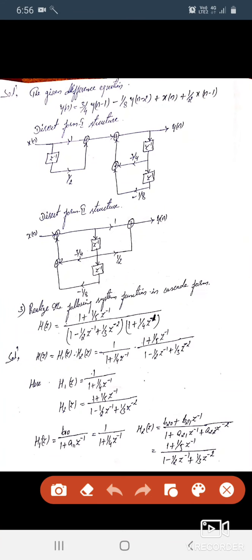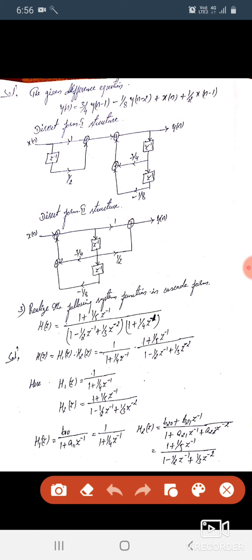Okay, in the previous class we solved a problem based on direct form 1 and 2 for IIR filter. Next we go with the next form, that is cascade form. Here an example is given on how to solve this problem. Already in FIR filters we came to know how a cascade form is going to be considered and how to solve a problem. Here also we are going to consider that, but remember what the standard form is. If you remember that, it will be easy to solve any of the problems.